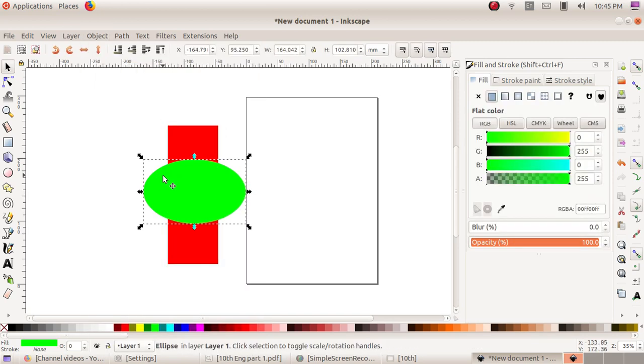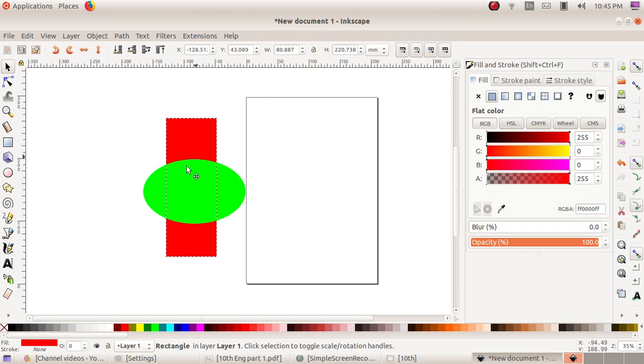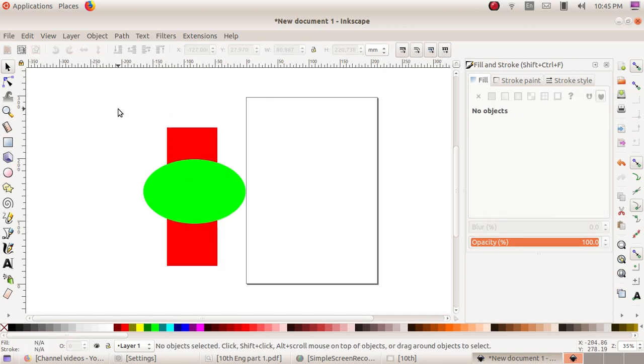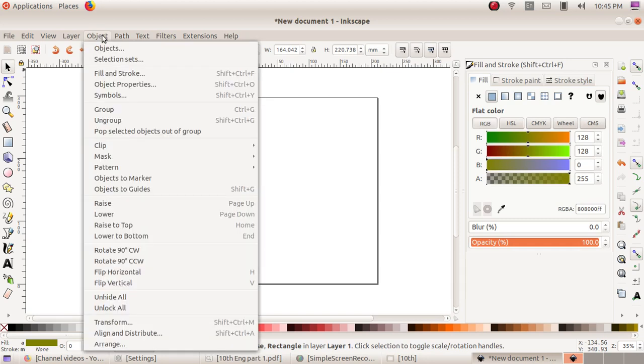Then there is an option for grouping a picture. These are two individual objects. You need to group that picture. First you select the two objects, go to object and click on group.